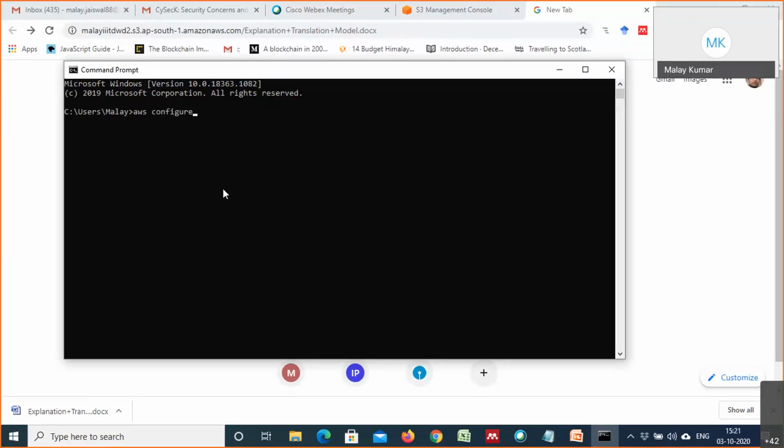When you write configure, then hit enter. It will ask you for the access key ID. So the same access key ID and the secret access key that you had downloaded when you had first created the user. So if you have forgotten to download the access key ID and the secret access key,